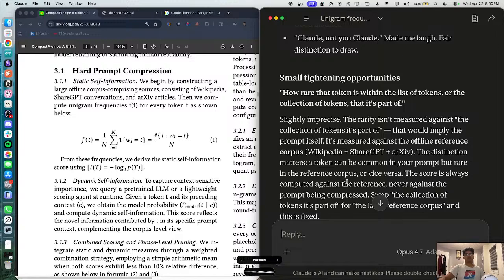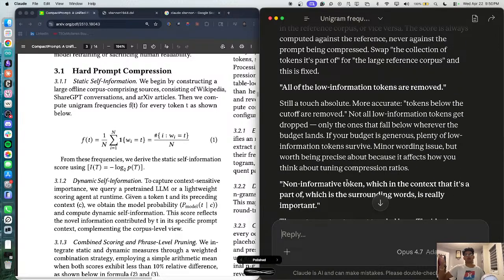Now, for the second point, that's what I meant. Sorry, I meant that all low information tokens below a specific capped amount are removed. And that is what the top K does. All of the tokens which are above K in terms of the ranking of the informativity, I guess you could say, will be kept. But everything below that will be removed,